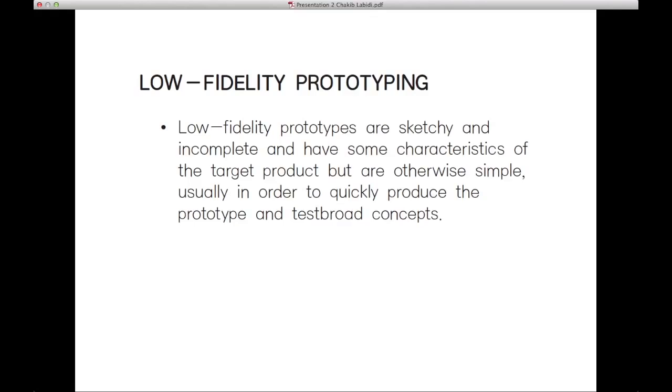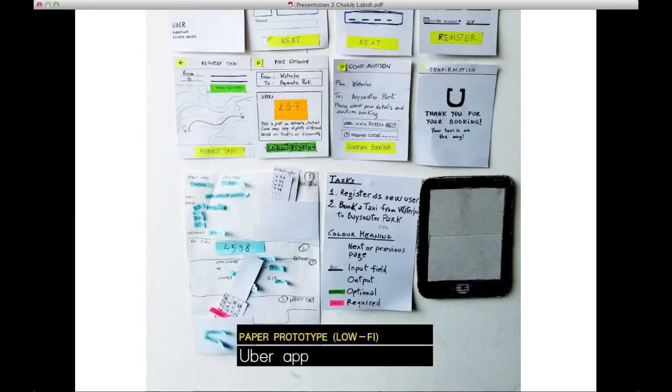So that's low fidelity, and as it says, incomplete and having some characteristics of the target product, but otherwise simple, usually in order to quickly produce the prototype and test. Just the concepts basically. Yeah? Is that clear so far? Excellent. Good. So this is just an overview